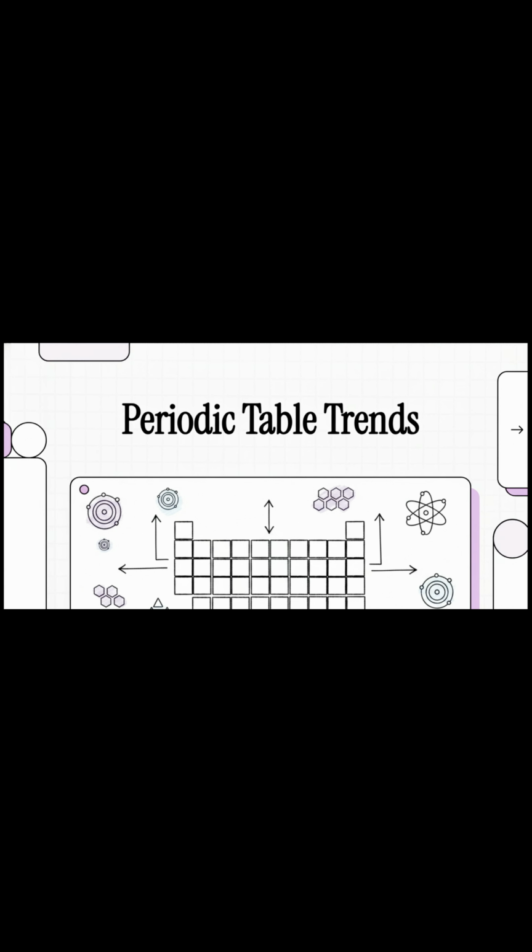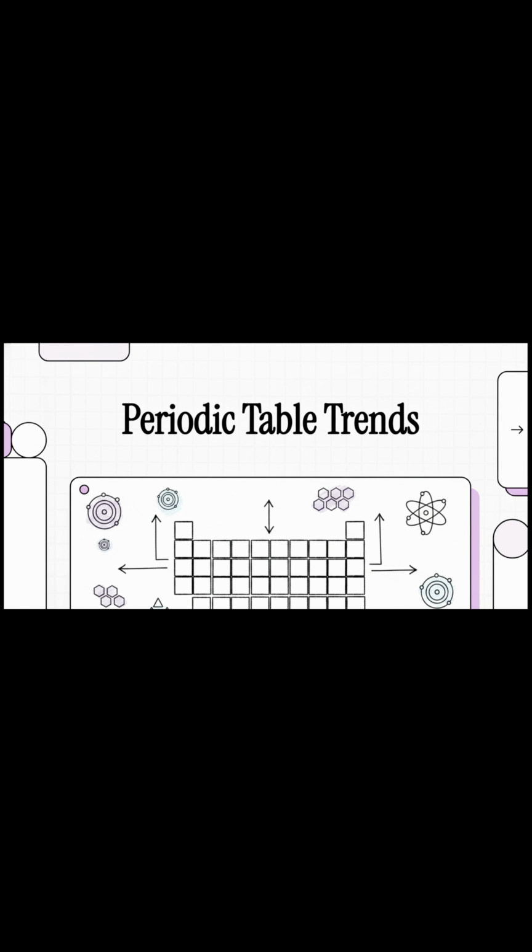Welcome to This Explainer. Today, we're going to demystify the building blocks of our universe. We're going to prove that the periodic table is absolutely not some intimidating, random grid, but actually a highly logical map. A lot of people look at this table and just see this confusing jumble of letters and numbers, right? But today, we are going to uncover the hidden rules that make it literally one of the most brilliant organizational